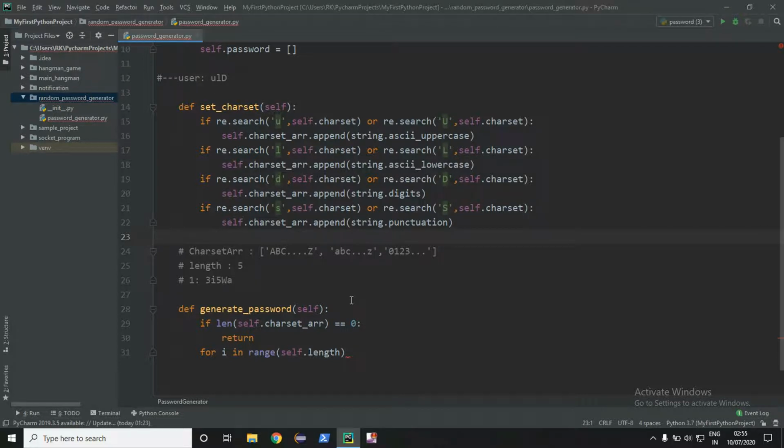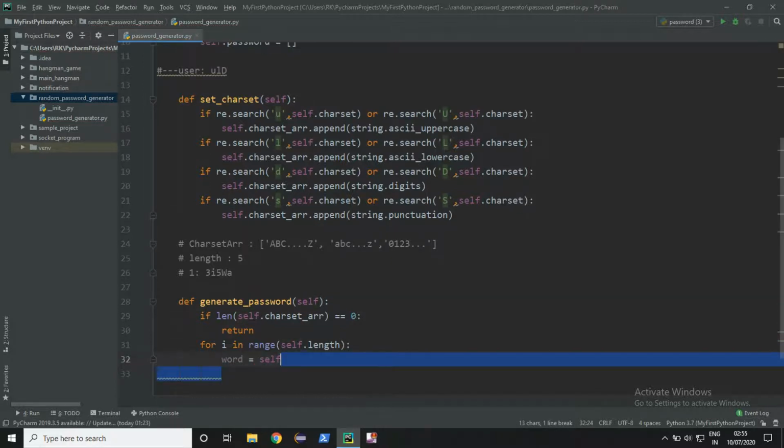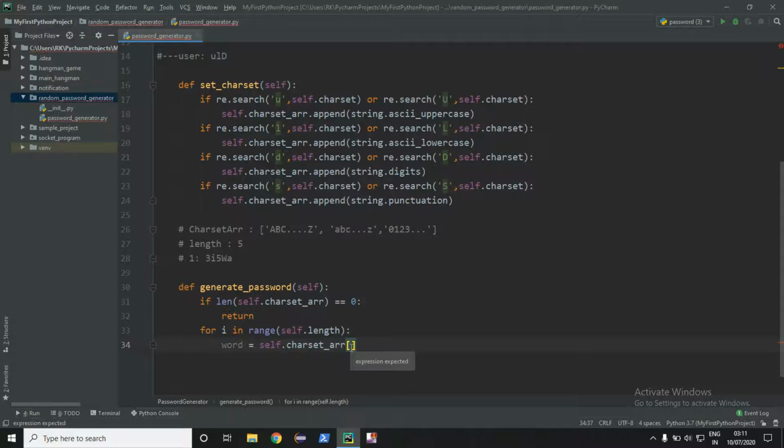Now this same logic we will use here. For i in range self.length, we will create a variable word equals, and take a random number from the length of the char set array.